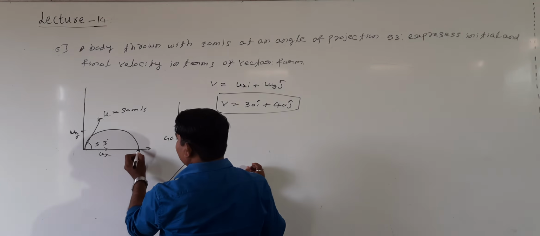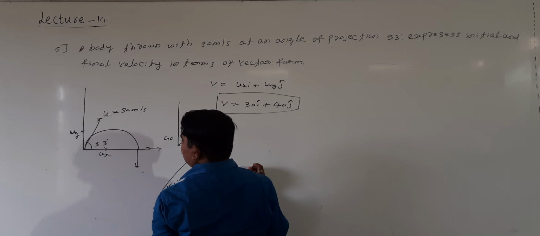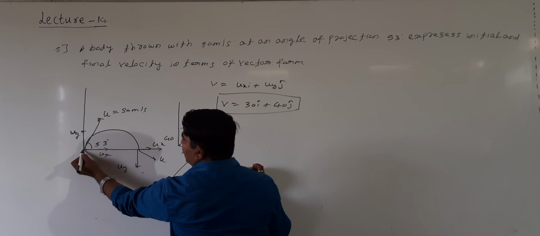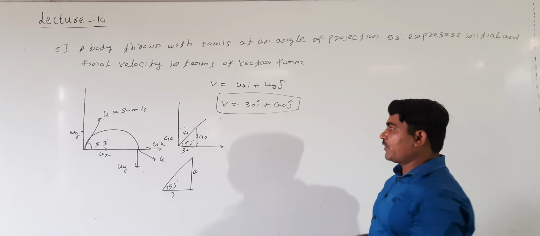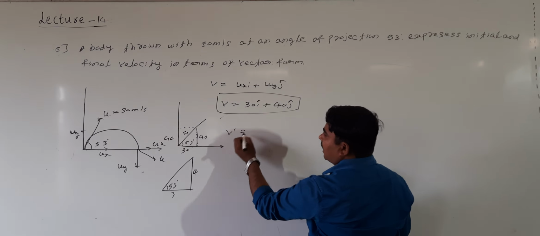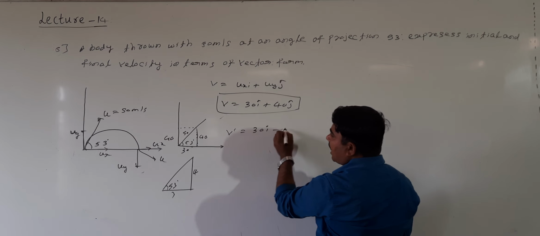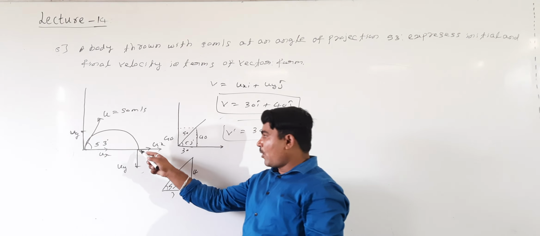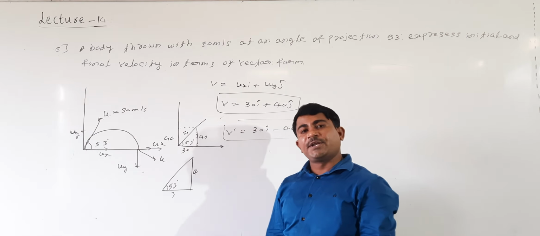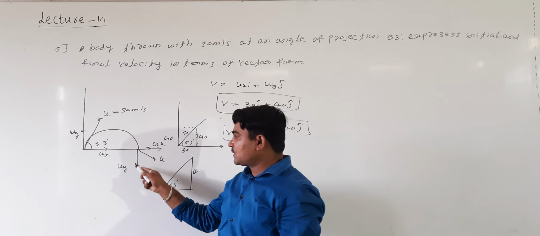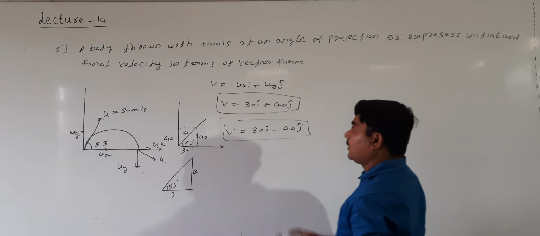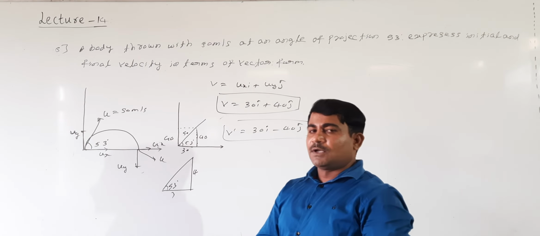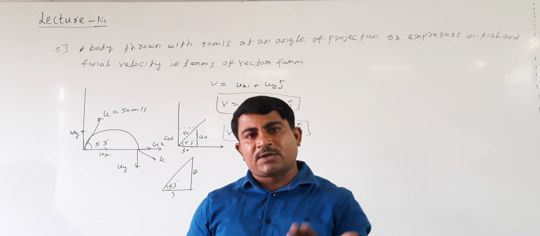Then what is final velocity? Initially this value is there. Then what is final? This is ux, and this is uy. This is the resultant. It is initial. What about final? How to represent final velocity? Final velocity I will represent by v dash. V dash equal to 30 i cap, I will take minus 40 j cap. What is the meaning of this? Finally the body goes along the negative y-axis. Initially it is in positive y-axis, and finally in negative y-axis. So I am taking minus value here. This represents initial velocity, this represents final velocity. This is the solution for this, students. Copy this numerical. I will give one more numerical as homework. Solve it.